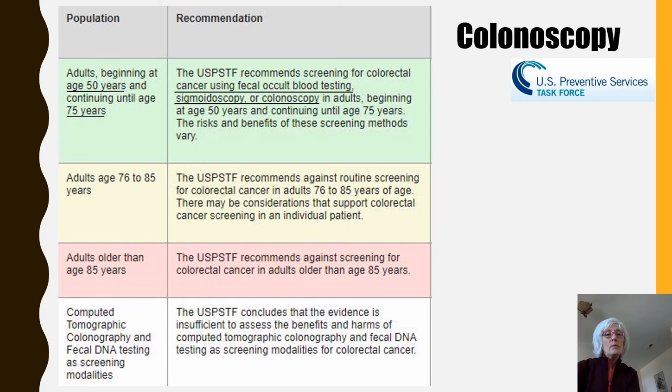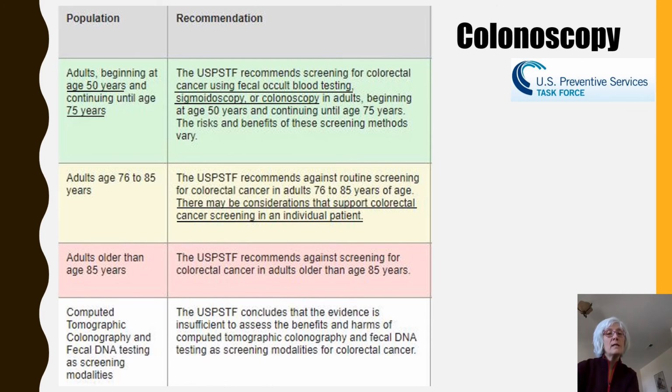In the yellow bar below that, the Preventative Services Task Force doesn't believe that anybody over age 75 needs to have a colonoscopy. However, there may be some individuals, people who have had a history of colon cancer in their family, or perhaps people who have an inflammatory bowel condition. Those individuals, it's okay to undergo colonoscopy until the age of 85. The Preventative Services Task Force does not believe anybody over 85 needs to have